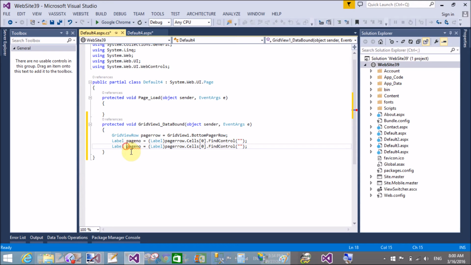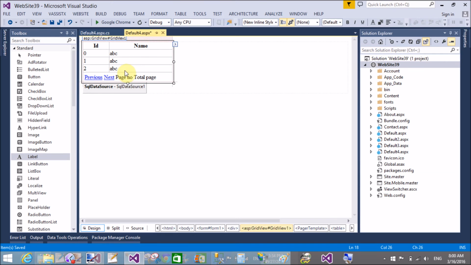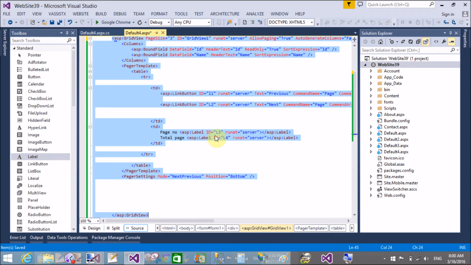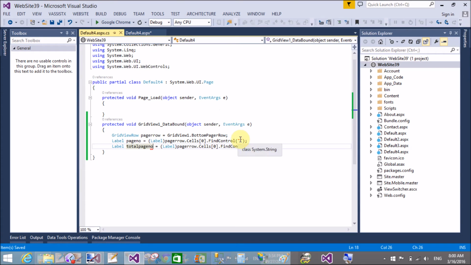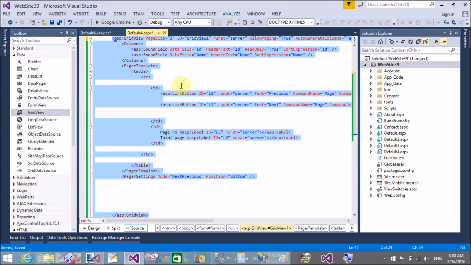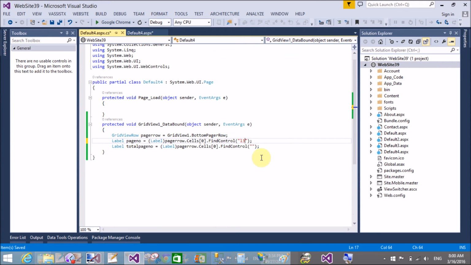The page number is represented by L3 and the total number of pages is represented by L4. Okay, capital L3 and capital L4. Yeah, that's fine.